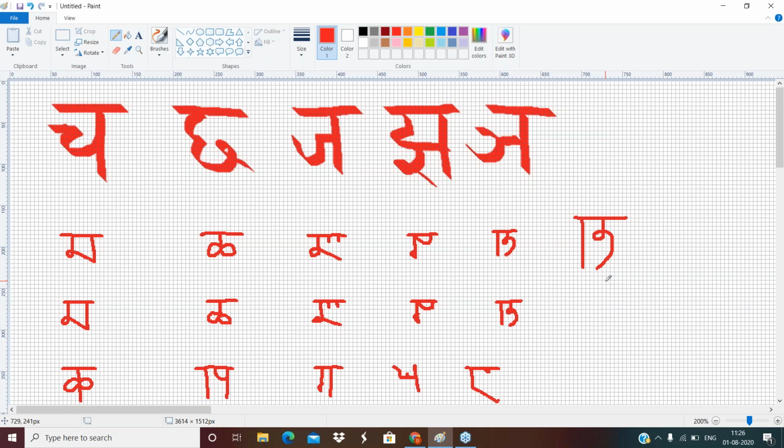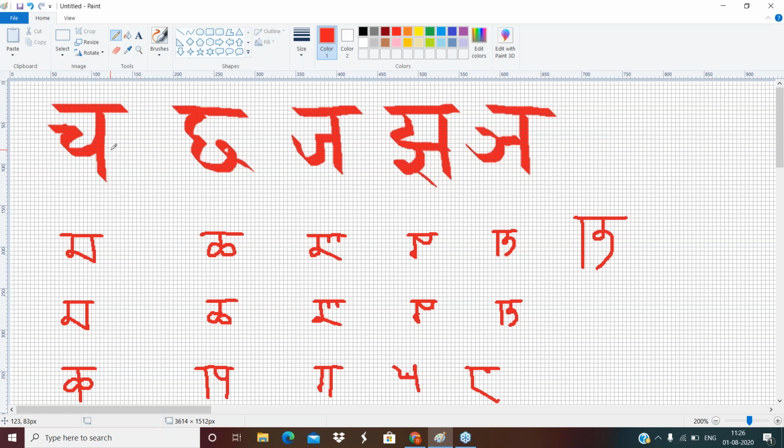Just for information, students, as I was talking about the tattvas in Ka-varga. If you remember again, Ka was the Prithvi Tattva, Kha was the Jala Tattva, Ga was the Teja Tattva, Gha was Vayu, and Na was Akasha. Now, as you go, it becomes more and more subtle. So Cha varga is these 5 Tanmatras.